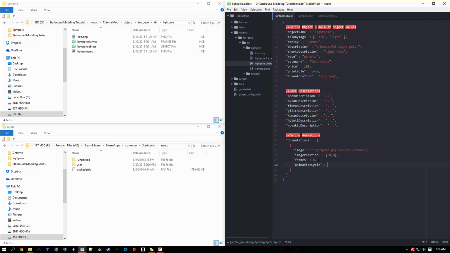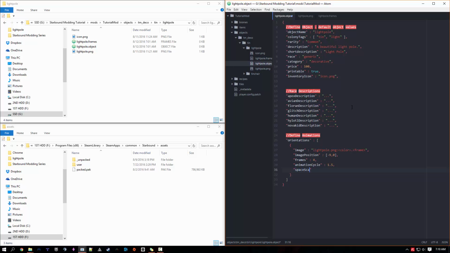This is going to be how fast the animation runs for the object. 1 is the default speed of the game. The higher you go, the slower the animation speed. So the lower you go, the faster it goes. We're going to do 1.5, comma,